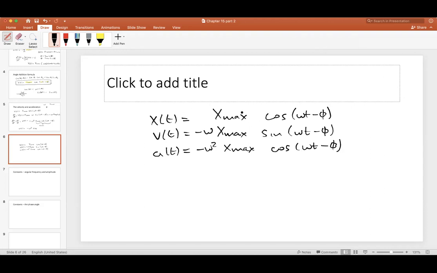One thing I want to say before we do anything else is that when this argument is at a maximum, we get the maximum velocity. So the maximum velocity, v max, we'll figure out what time that is once we talk about phi, but that is important. If we want the magnitude of the maximum velocity, it is just omega times x max. And a max similarly is